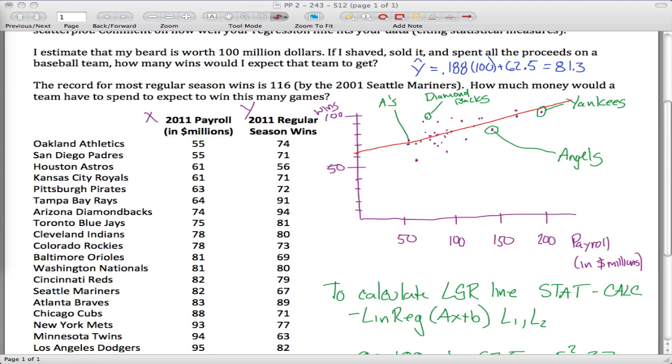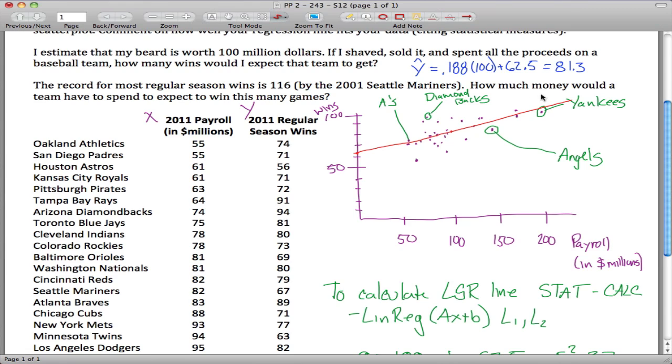So let's see what color to go to now, maybe orange. If it's 116, how much money would you have to spend? So it's kind of using this equation again, but now it's telling you how many wins. So it's telling you 116, and it's saying that's equal to 0.188 times what, plus 62.5. How much would you have to spend to win 116 games? And you can solve this. The way you solve this is subtract 62.5 from both sides of the equation. So you do 116 minus 62.5, and you get 53.5